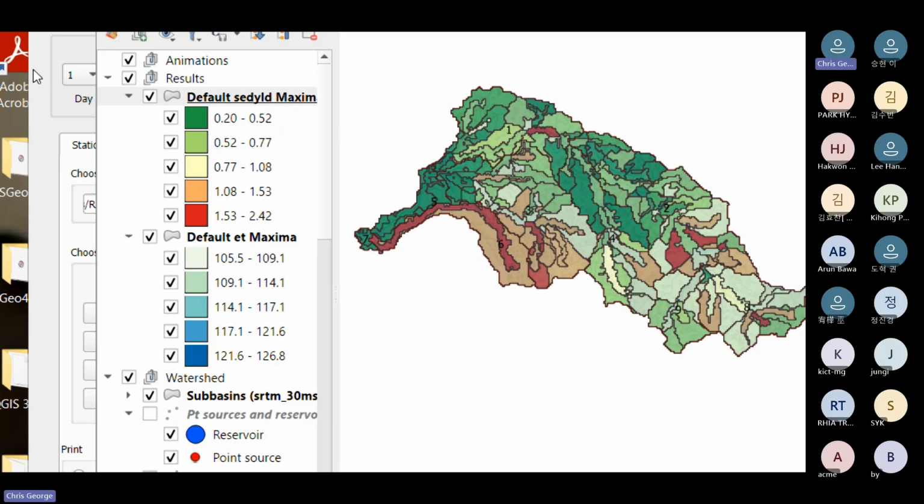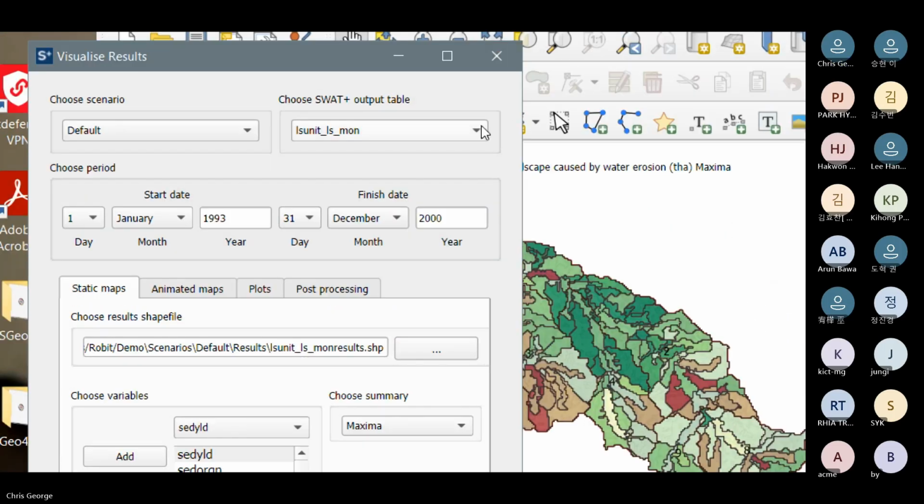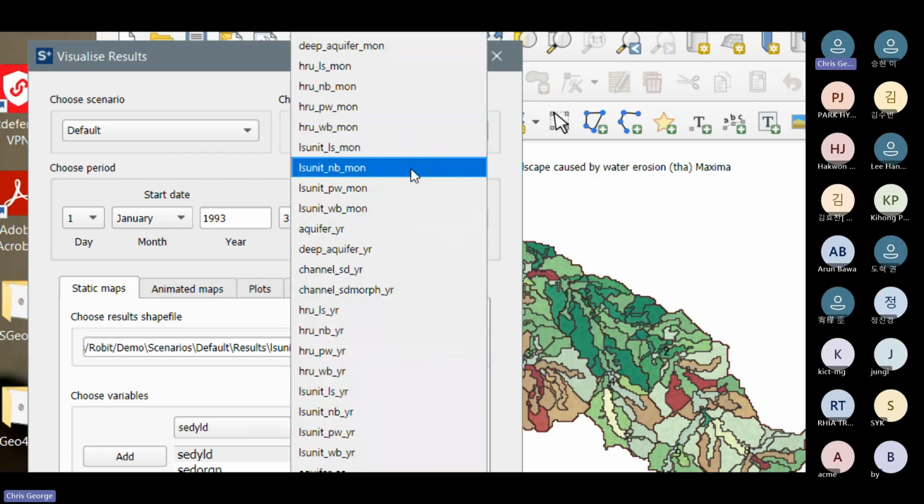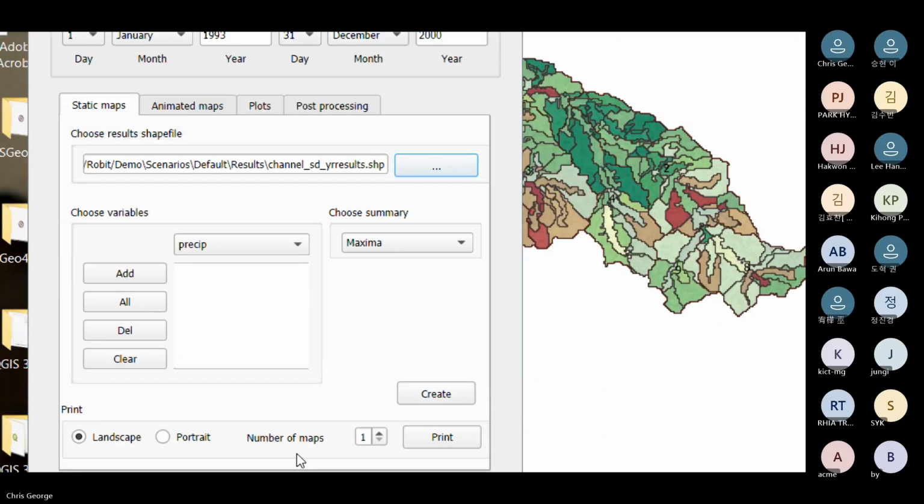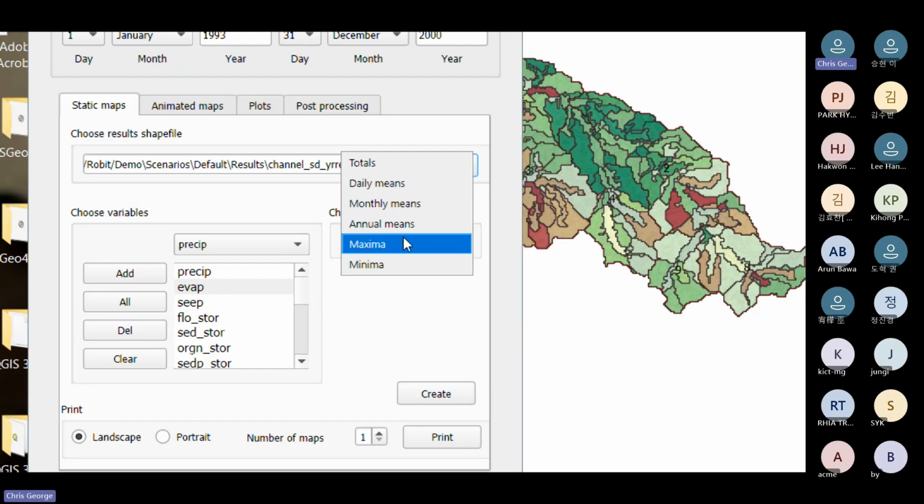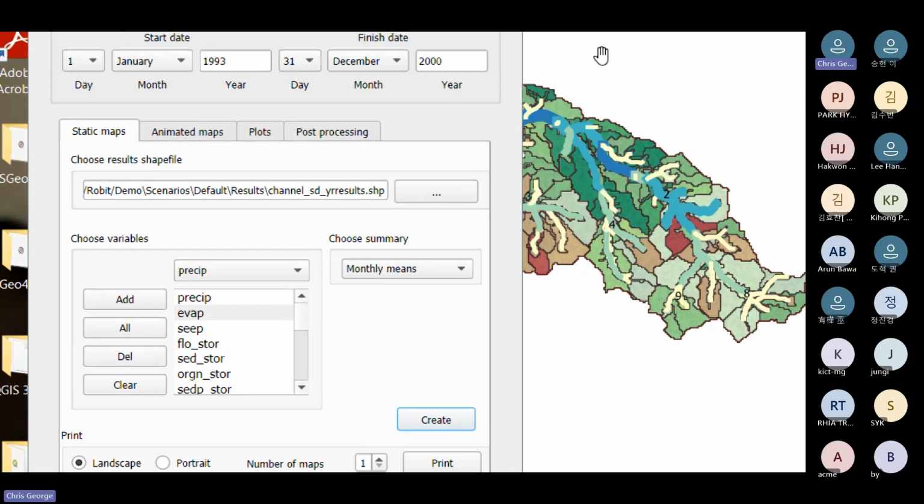And if you choose an output that's based on a stream rather than a landscape unit or an HRU, like channel SD, I forget what's in channel SD. So you choose the output table. And again, click on all. So you can look at the average evaporation, for example, monthly average. And this time you get